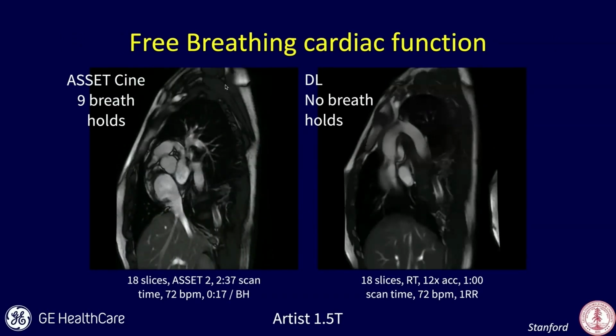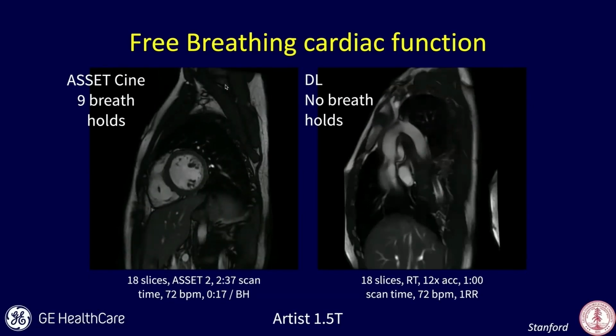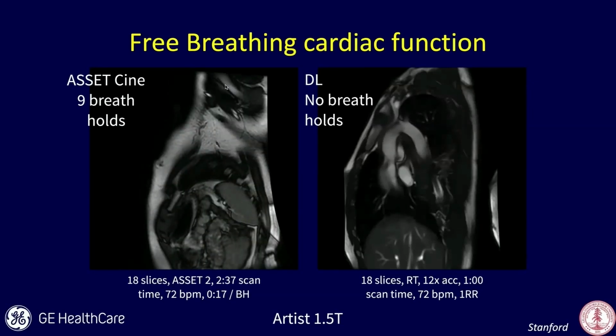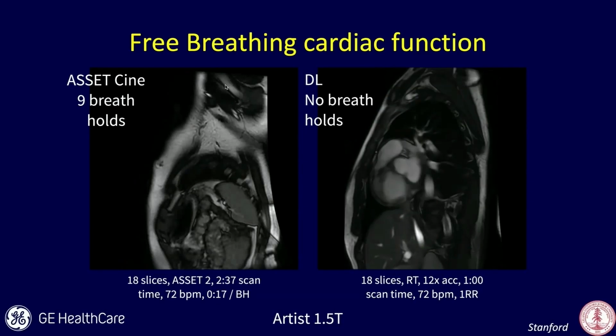Now here's another use case. This is the free breathing acquisition. So on the left, you're seeing those 9 breath holds in order to get a short axis stack using a conventional parallel imaging type of technique. That nominally takes about 2.5 minutes, but actually if you account for the time that it takes for somebody to hold their breath and then recover and hold their breath again, we all know it's much longer than that. On the right, you'll see an example, same patient now, this is with no breath holds at all, and